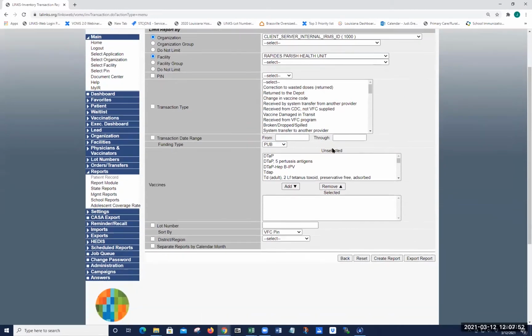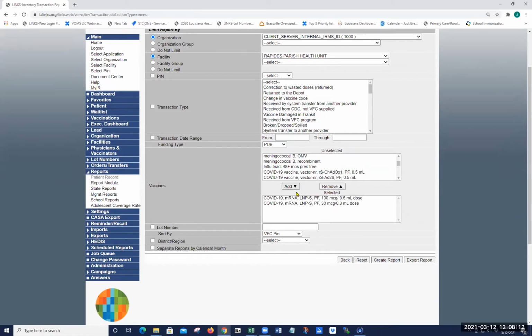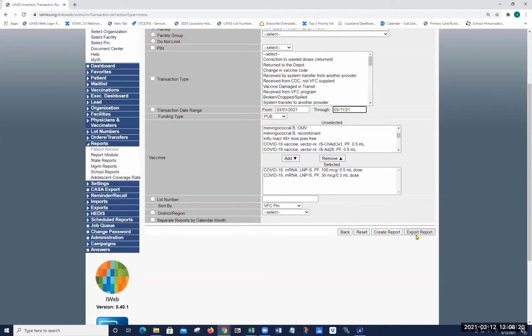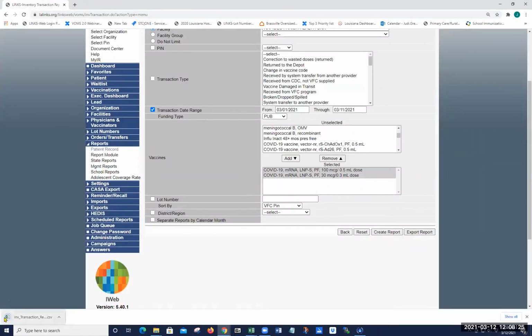I'm going to run it for COVID vaccines. And I'm going to run this report for the dates of March the 1st to March the 11th, which was yesterday. And I want to see any kind of transactions I've made with any of my COVID vaccines, just to get me a really close-up look. So I'm going to export this report because it will send it out to a spreadsheet for me. And when I open this spreadsheet up,